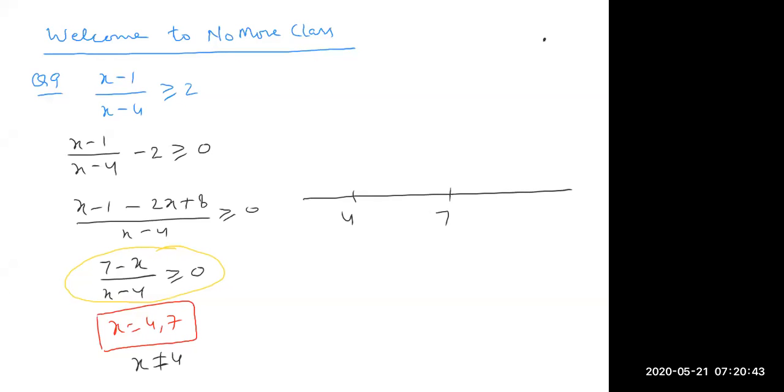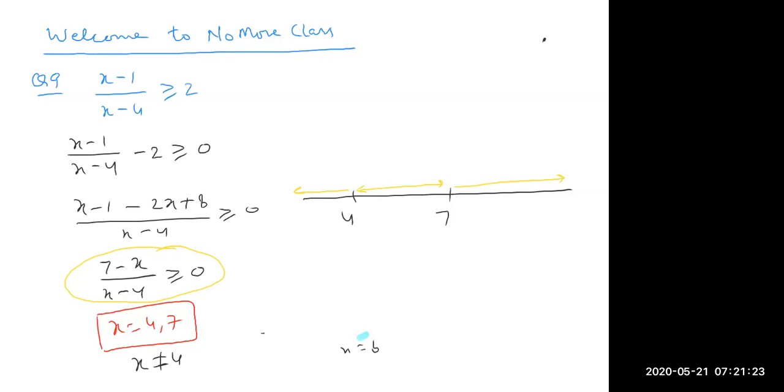Yeah, I'm explaining how this 8 came, okay? See, 4 and 7, 7 minus x. So the method was x minus a upon x minus b. Then two roots are there, x is equal to a, x is equal to b. So these roots I'm marking on the number line. So you can see the number line is now divided into 3 parts. One is x on the left hand side of 4, x between 4 and 7, and x more than 7. Now in any part you choose a number, anywhere.